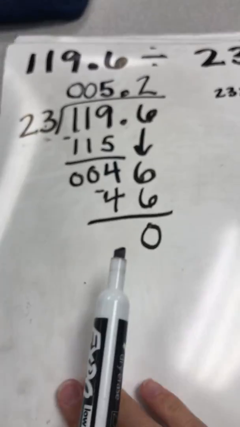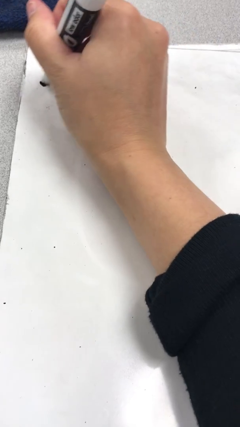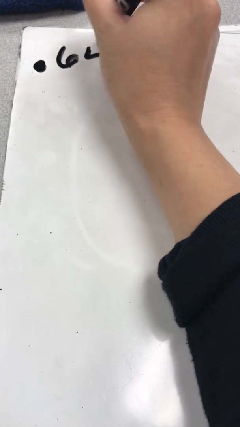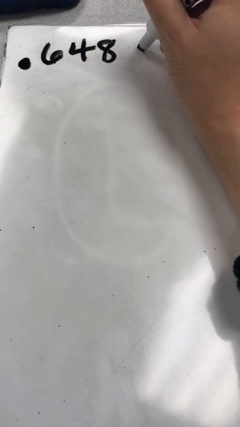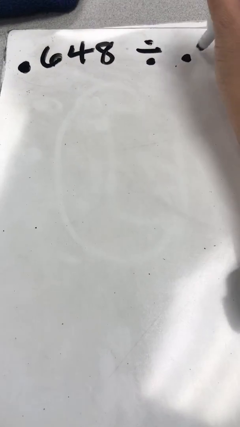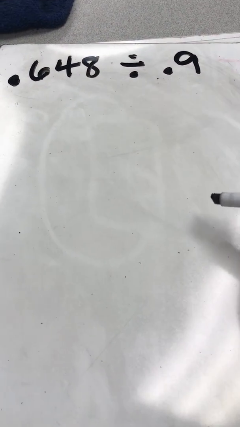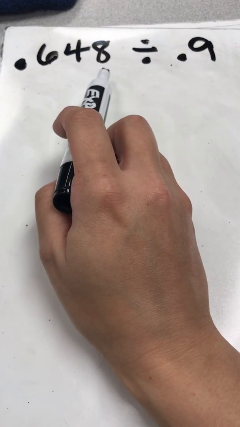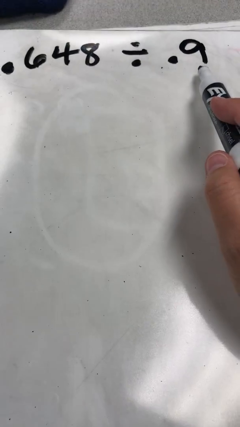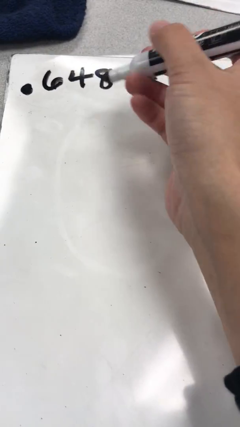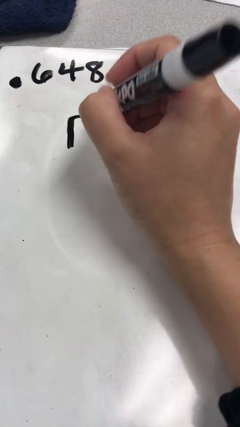So far, the examples that we've done have a whole number in front of our division sign, but let's say you get something that looks like this. Okay. Now we have 648 thousandths divided by 9 tenths. What we can do, and if we set this up